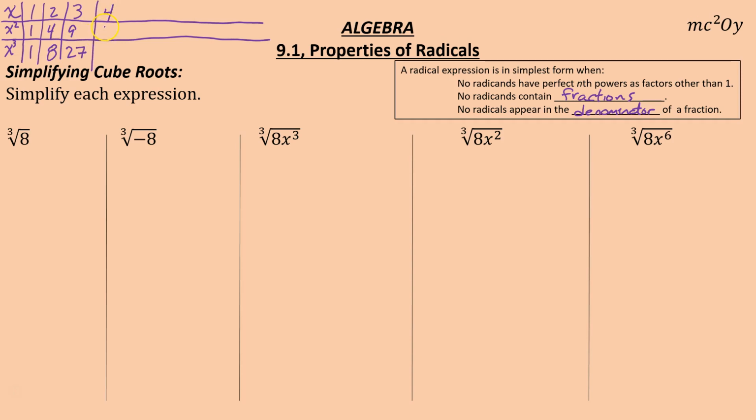4, 4 times 4 is 16. 4 times 4 times 4 is 64. 5, 5 times 5 is 25. 5 times 5 times 5 is 125. And 6, 6 times 6 is 36. 6 times 6 times 6 is